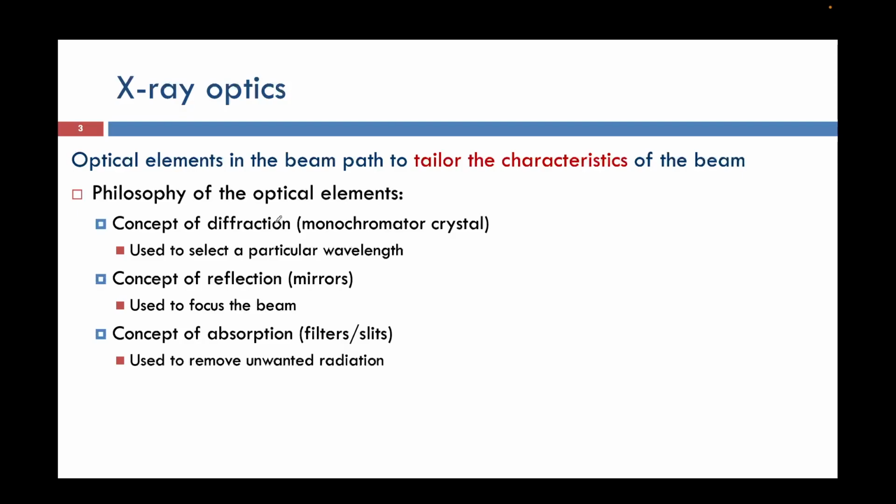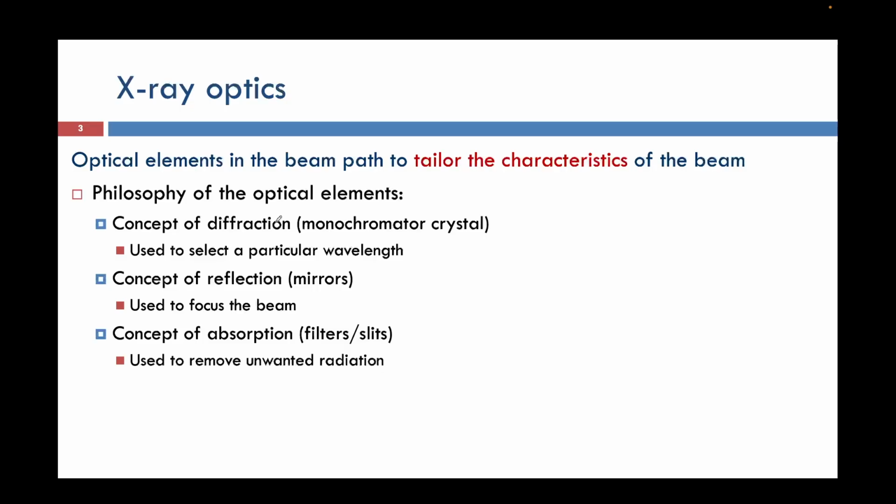So in between those things our sample will be there. From leaving the source to the collection by the detector, we have to see whether the instruments we are using will affect the intensity or not. For that, we have to see how the X-ray optics affect our intensity, because ultimately intensity is our main criterion. We should be getting some intensity for our material so that we will be able to index